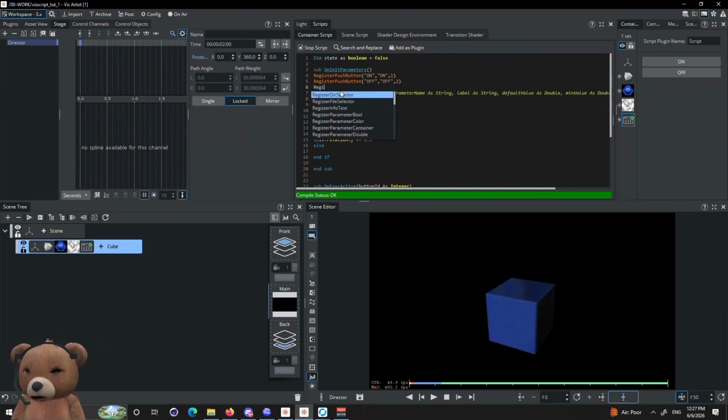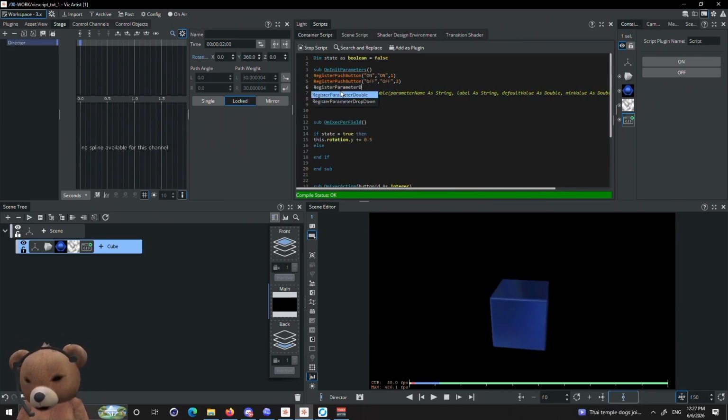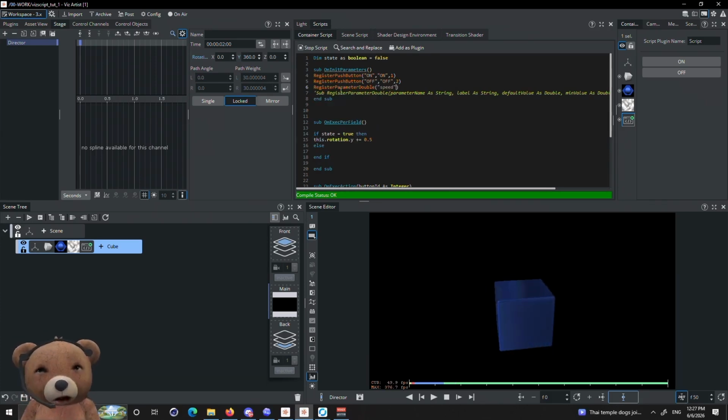We want to register our parameter double. I could have copied that. Oh well. Now, speed. We want to control the speed. So the speed is the parameter name, and then that second speed is the label for the control, and then we'll have a default speed which I will put as 0.5, and then the minimum speed which I'll put,